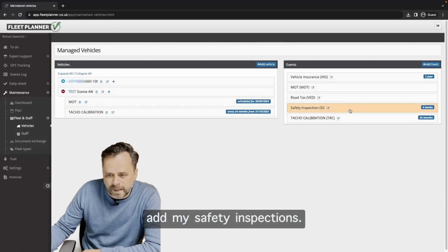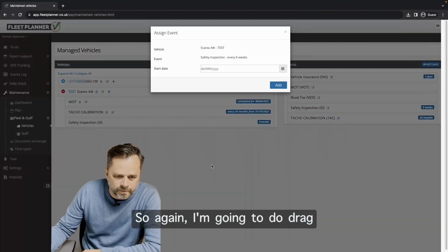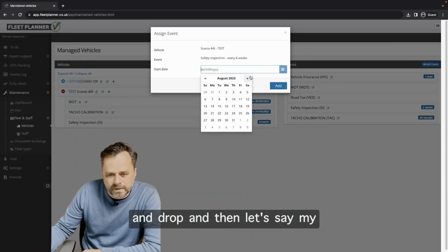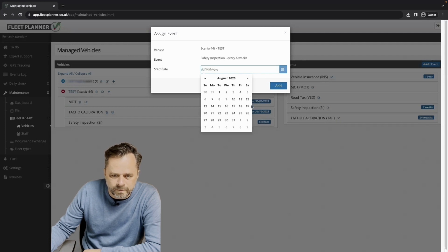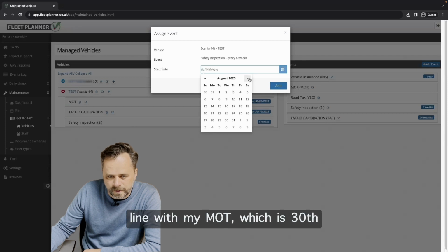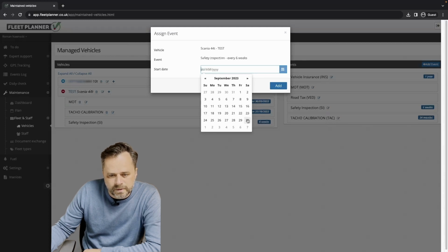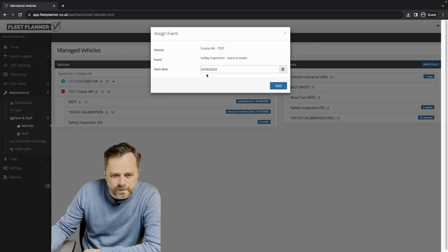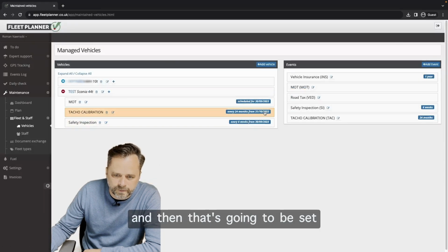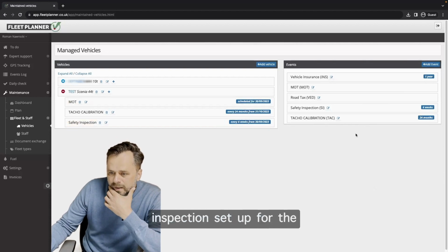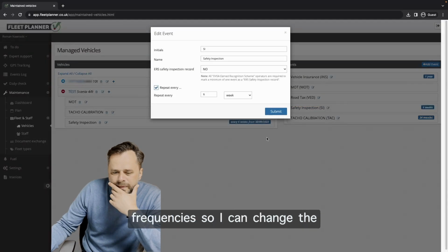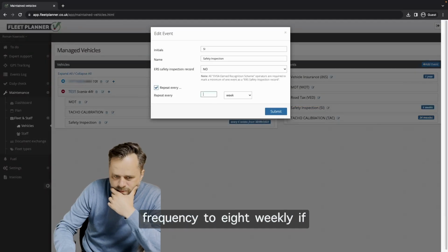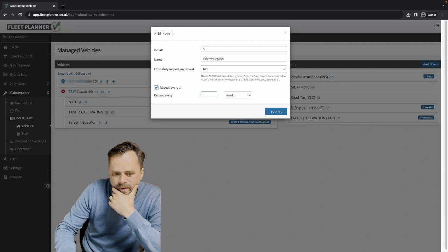Now I can add my safety inspections. Again, I'm going to do drag and drop. And then let's say my safety inspection is due in line with my MOT, which is 30th of September. I'm going to do that, and then that's going to be set up. As you can see, I've got my safety inspection set up for the 6 weekly. I can also manage the frequencies, so I can change the frequency to 8 weekly, or whatever